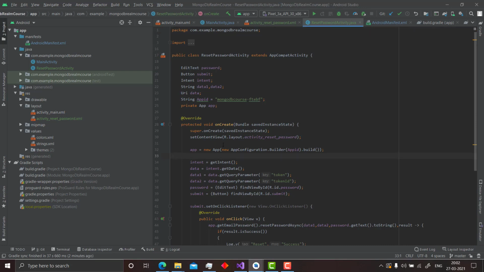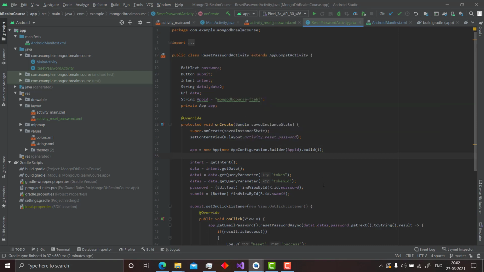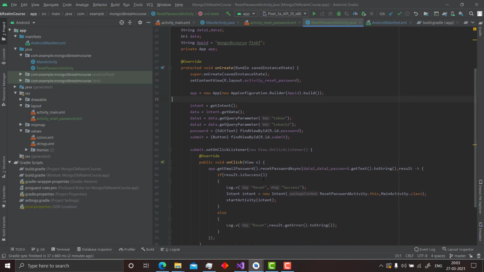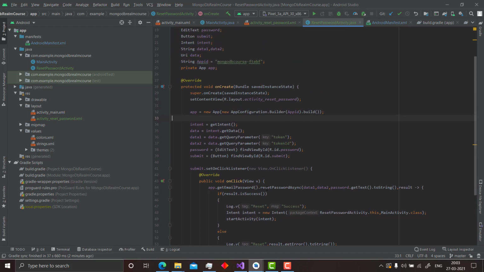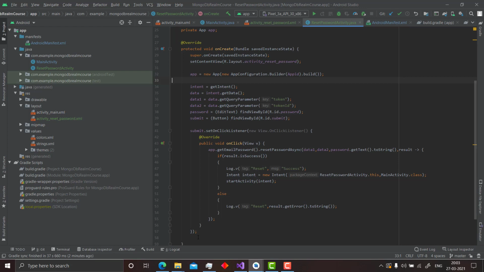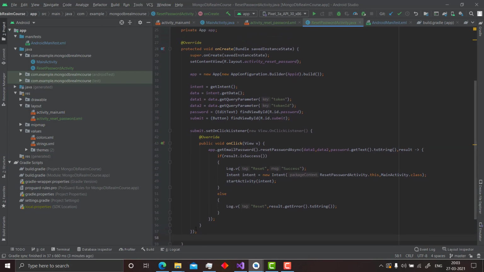And feel free to refer to the GitHub repos. They have been updated to the latest push, and they contain all the code for each of these steps, that is reset password, updating documents, inserting documents, logging in with Google, logging in normally, etc. Everything has been updated in two repos, I guess. One is MongoDBRealmCourse and the second is application. So do take a look at them, and for now I will be concluding this MongoDBRealmCourse in this video